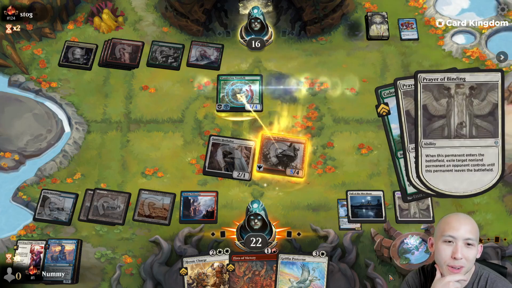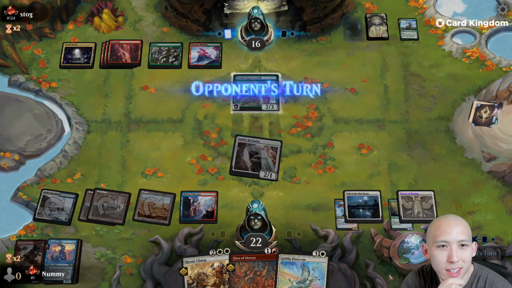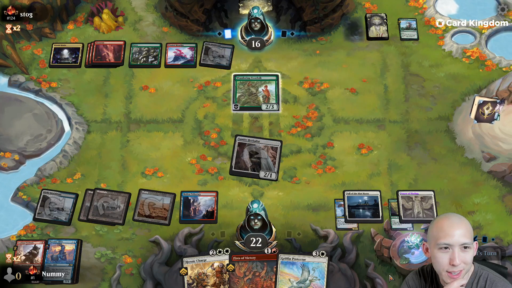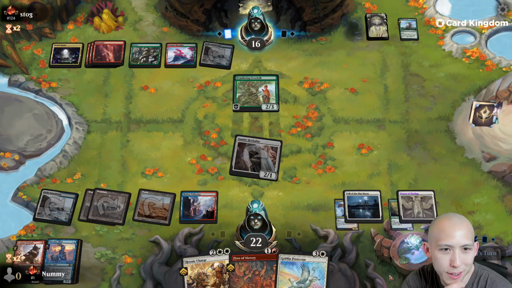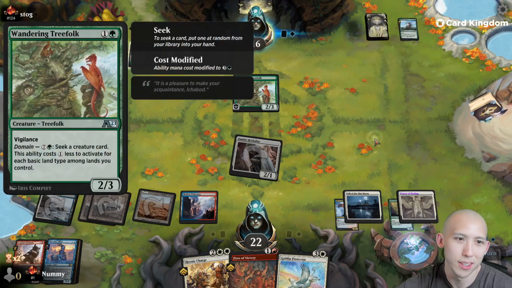Oh, they have a Shore Up. Okay, fair enough. Oh, we did get them to use another trick, so that wasn't the end of the world. I'm gonna need to fire that Tree Folk now, because they have that domain ability on the card, so...